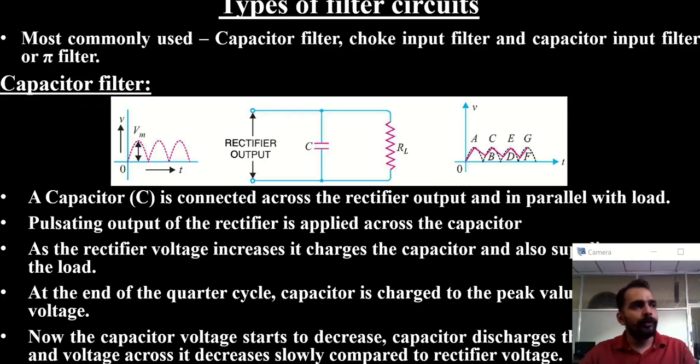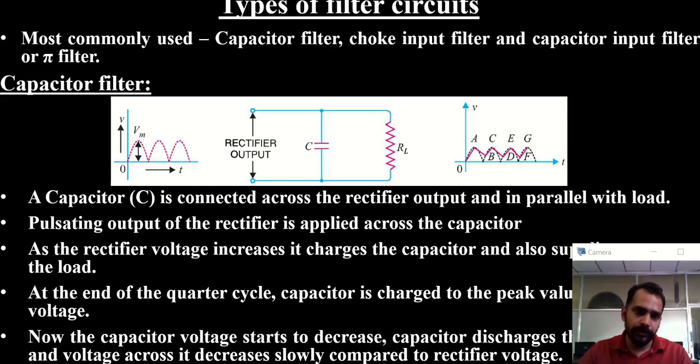In the last lecture, we discussed the filter circuit and the need for a filter circuit. Usually the rectifier output contains both AC and DC. The AC is undesirable and we have to eliminate it from the rectifier output. For that purpose, we are using the filter circuit, and suitable combinations of inductor and capacitor can be used for this filtering action.